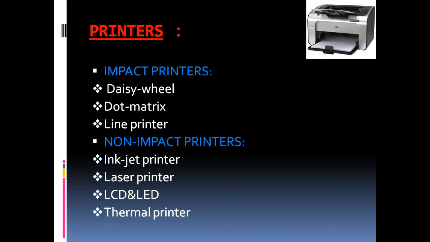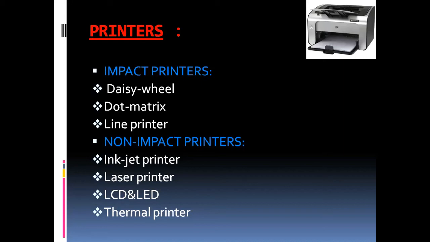The output of a printer is called hard copy. It is called hard copy because it is a permanent copy. A printer is a device that accepts text and graphics from a computer and transfers the information to paper. Printer is an output device that transfers the information to paper, called hard copy.